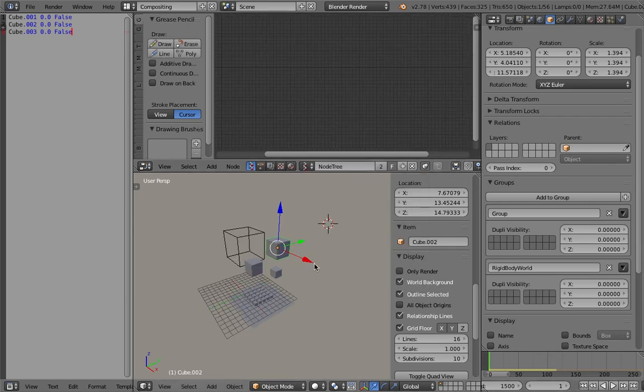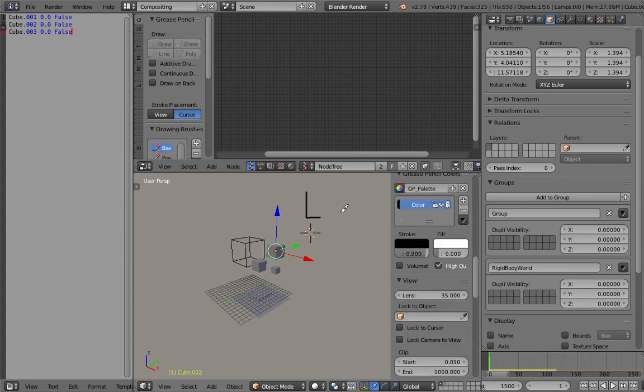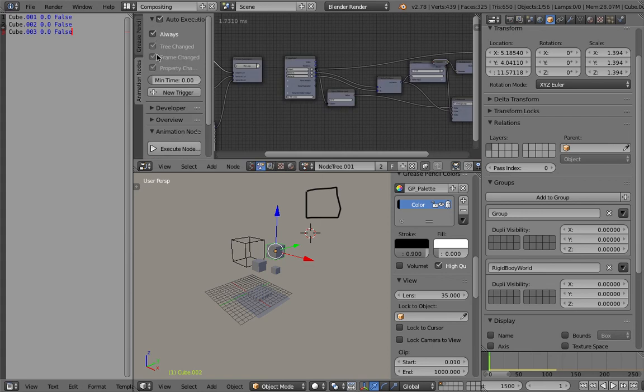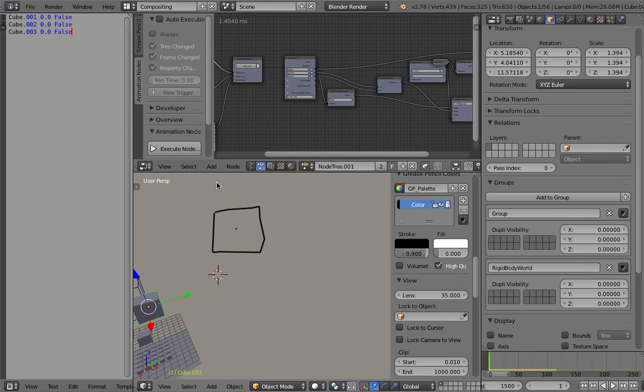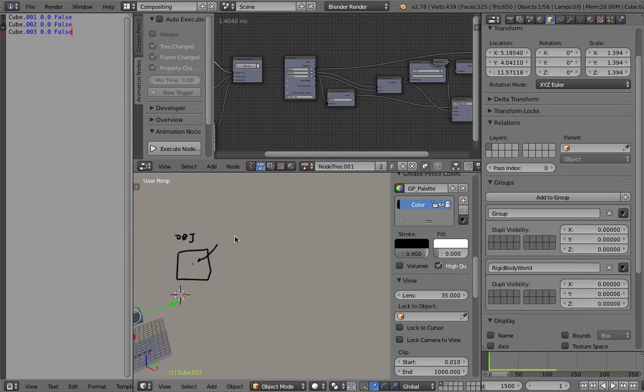You can have as many objects as you want, and they should be separated objects. Let me turn off animation nodes. With many objects, you want to create points here using Sverchok, and those points are for triggering